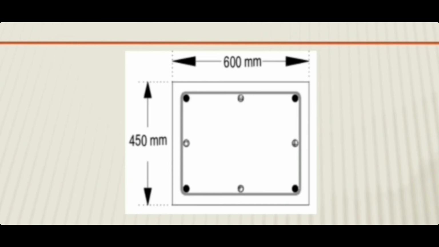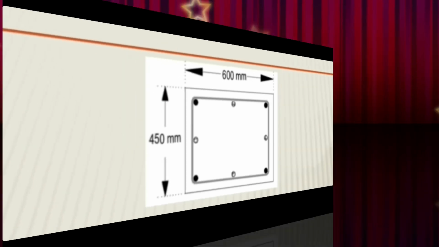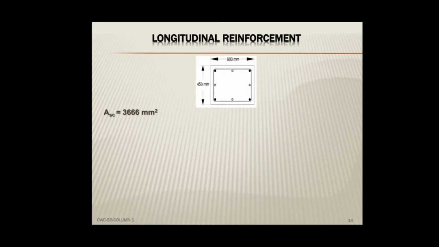Here you can see the circles represent the cross section of the longitudinal reinforcement, and there are 4 corner bars, and as per the spacing requirement we have provided 4 intermediate bars also. We know the diameter of the corner bars but yet to fix the diameter of the intermediate bar. Let's do that. The area of the longitudinal reinforcement we have calculated is